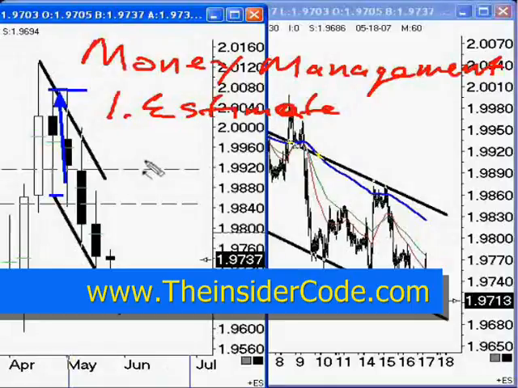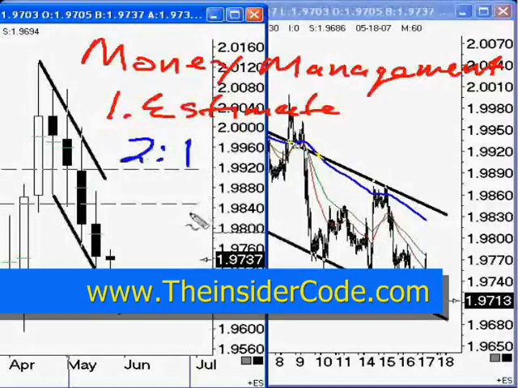I also use an estimate with individual positions. And I use estimates so that I don't get into trouble. In fact, one of the most common questions I've been getting of late is based on the way I analyze a short-term trade. Remember, I look for a 2-to-1 risk-reward. So if I'm looking to go long here, which was about 98.50, and I'm thinking that the market is going to get back up to this resistance level at 99.20, I've got a range here. Let's just say I'm looking at 75 pips worth of range.